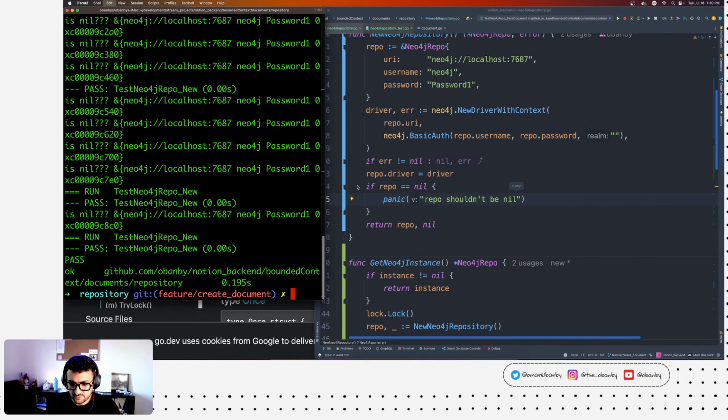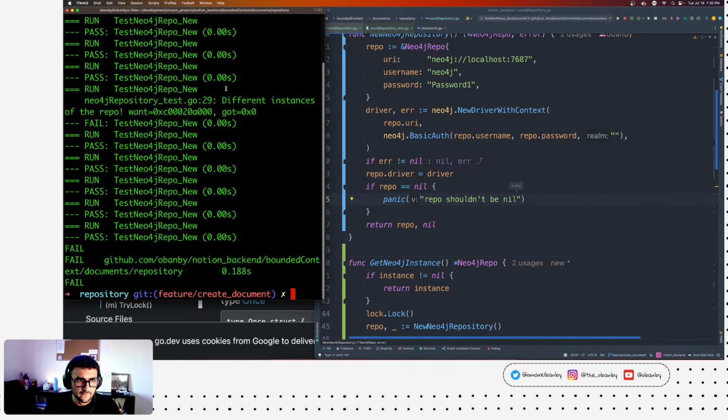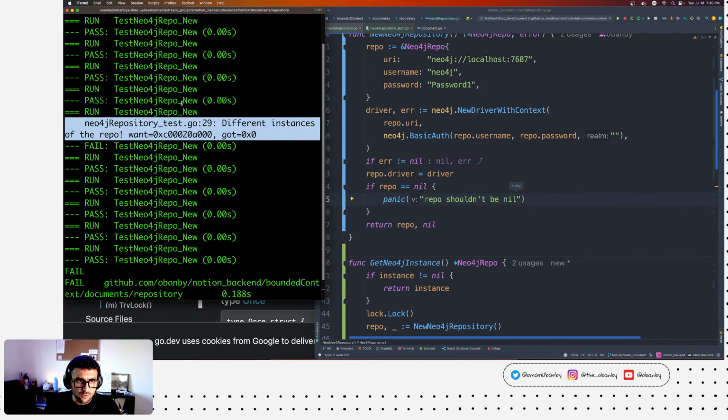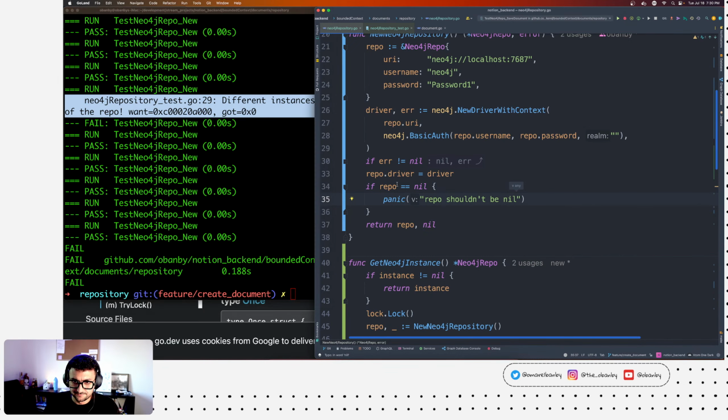Of course I can use my debugger, but I'm trying to figure this out from here, and again it is failing there, but it's not getting the panic.